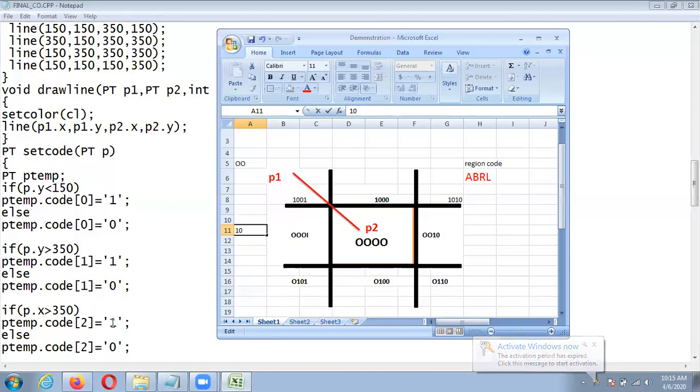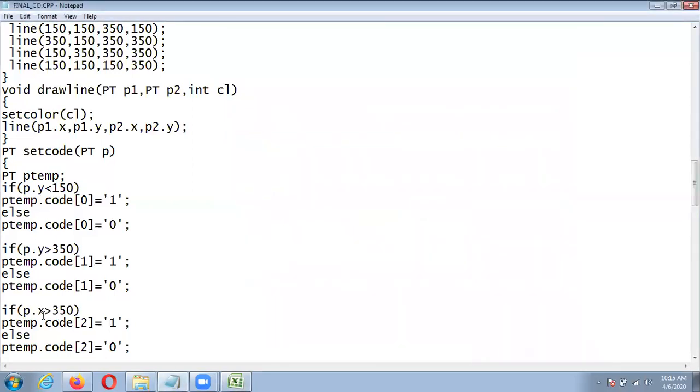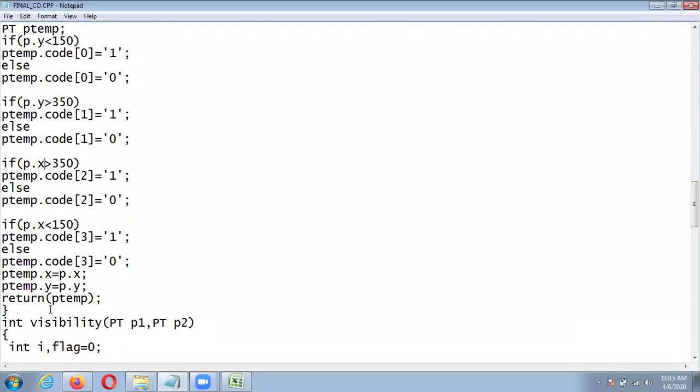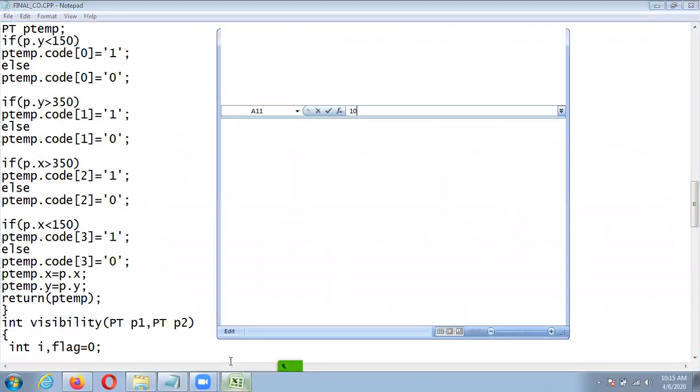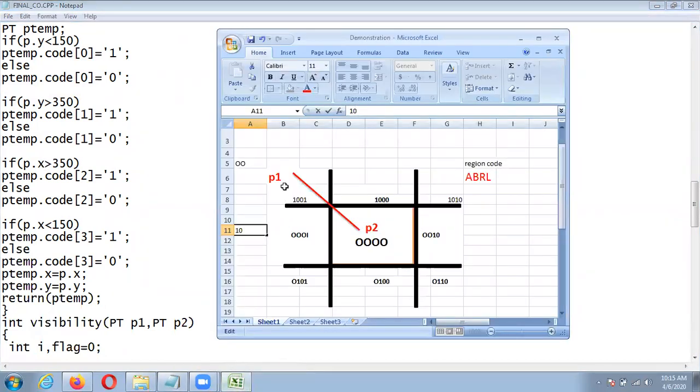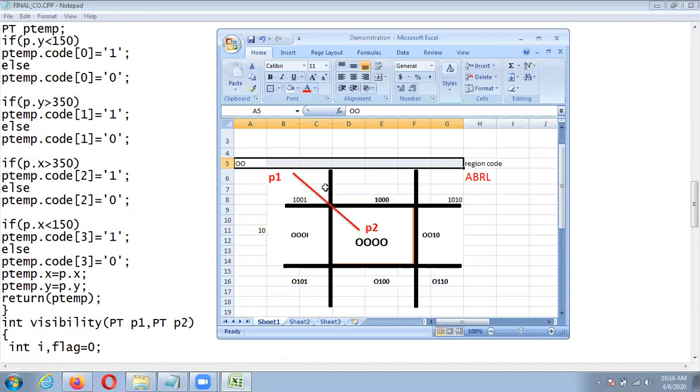Then for another condition, here we have to check for the x. So p dot x is greater than 350. So now here we'll check p1 dot x is greater than 150. This is your x axis. Yes. Here we are checking for 350.